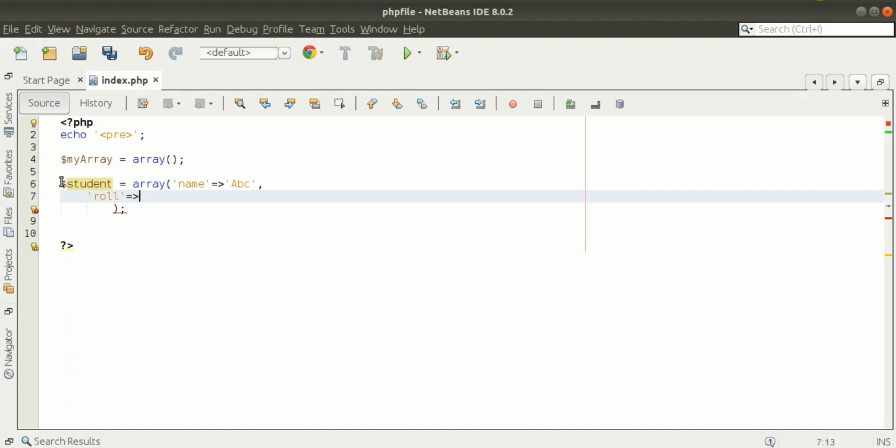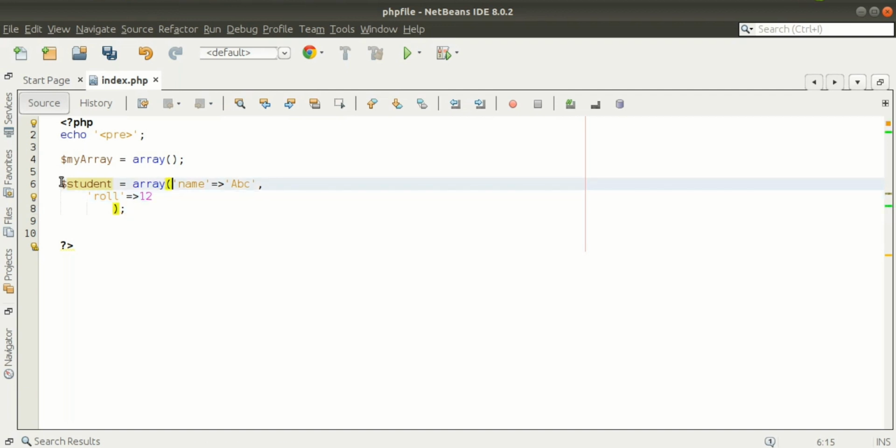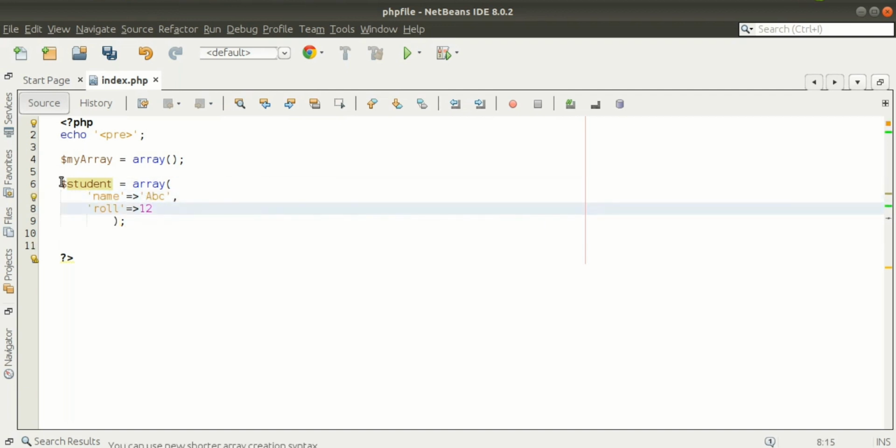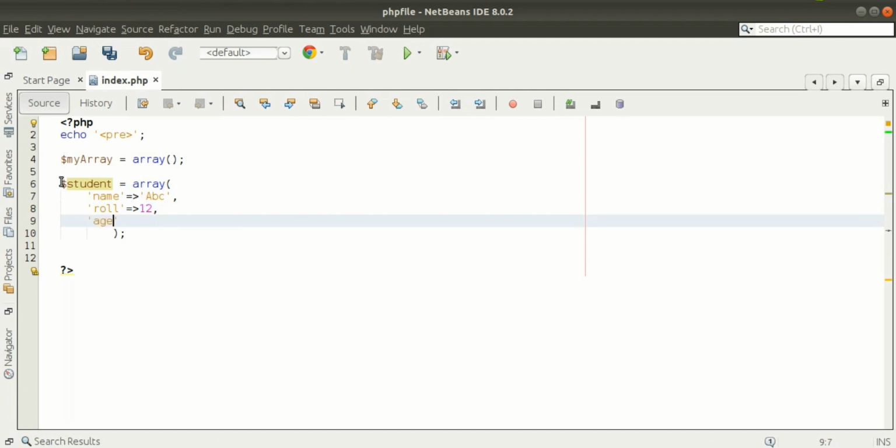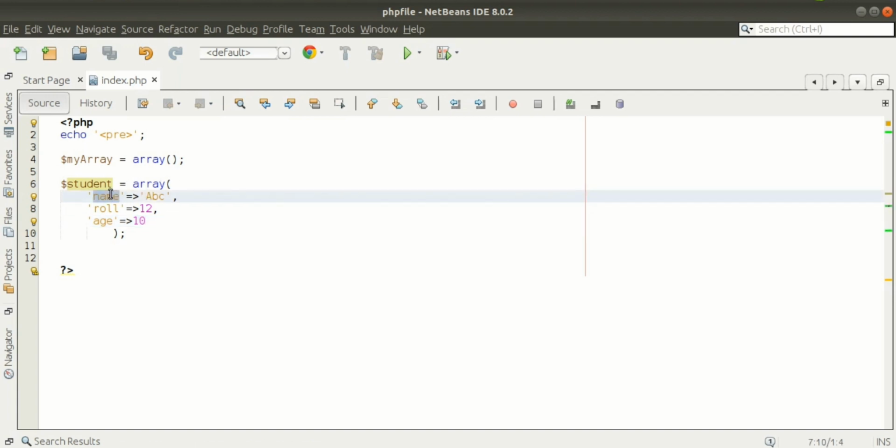Suppose I'm taking integer is 12, and another I am storing the age of the student. So the age is also suppose 10. So this is the associative array, means here we are providing the index also.